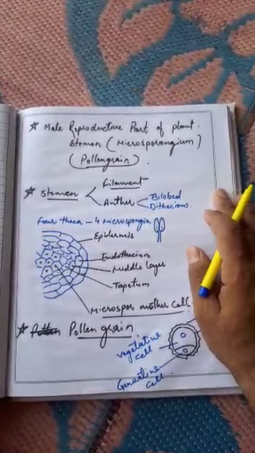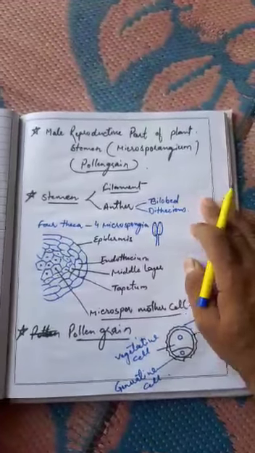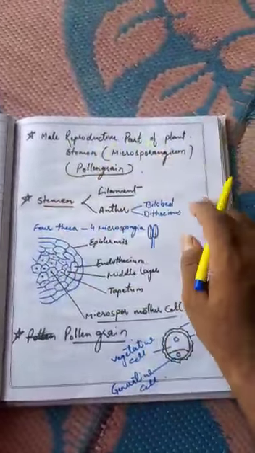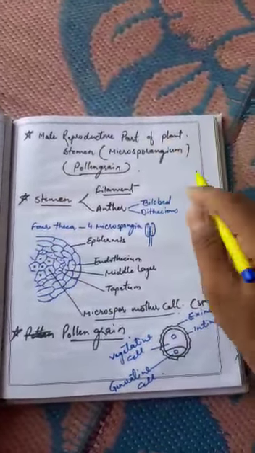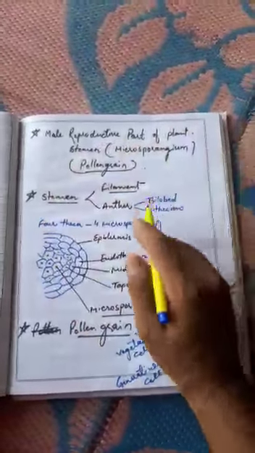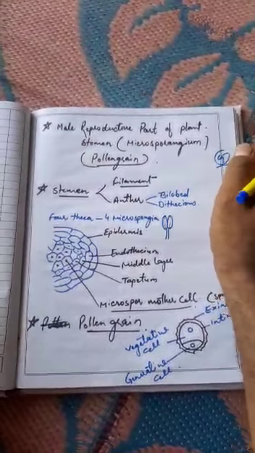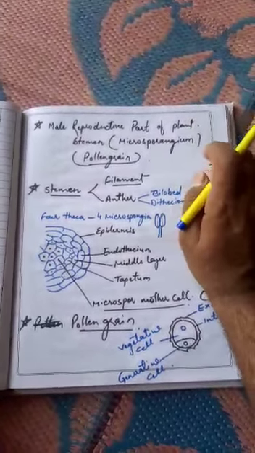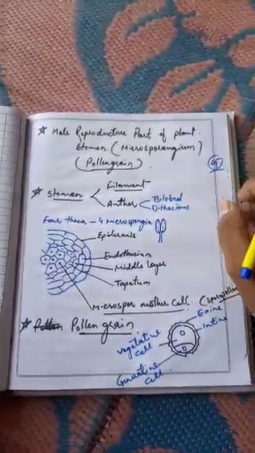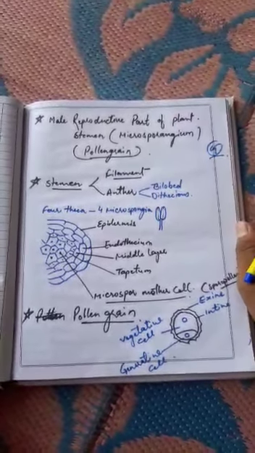In the previous section, we discussed the second chapter, in which we were reading the typical structure of a flower. Angiospermic flower. A flower is a reproductive part, as I told you earlier. There I told you the four parts of a flower: calyx (sepals), corolla (petals), androecium, the male reproductive part, also known as the stamen, and gynoecium, the female reproductive part, also known as the pistil.